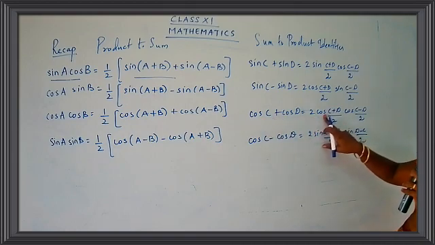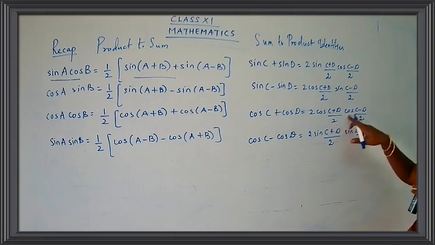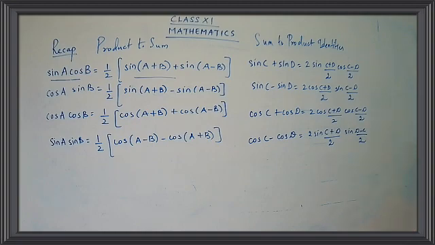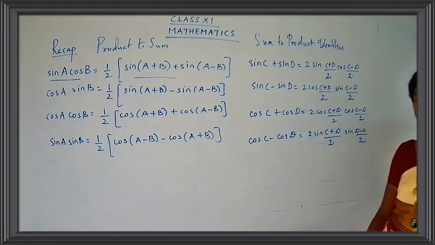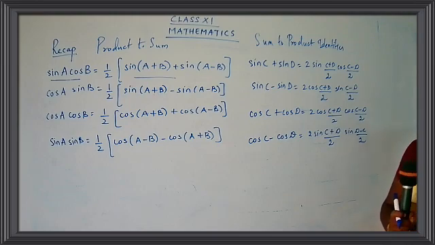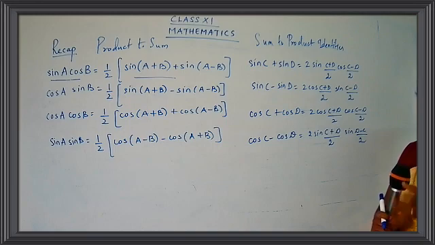It's 2 cos (C plus D)/2 cos (C minus D)/2. You have both the functions as cos. So you have the answer as 2 cos (C plus D)/2 cos (C minus D)/2. It takes some time for learning the formulas. Anyhow, you have no choice. You have to memorize all the formulas. If you know all the formulas thoroughly, it will be very easy for you to just apply the formulas and get the answer. Okay, children?